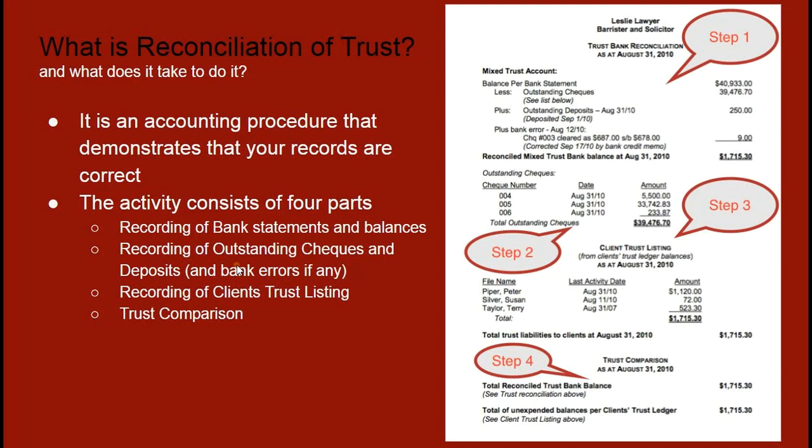Let's take a great example. Now you have person A giving you 100 that's been dealt with, person B giving you 200. Now let's assume your bank balance says that there's $400, whereas your bookkeeping software only shows you the 200, taking the same example that I spoke about. Now when you're reconciling, you're going to see that your bank balance for your trust account is 400, but when you go through your books, you're going to see only transactions that add up to 200, which means that the bank has more money than what your bookkeeping system says.